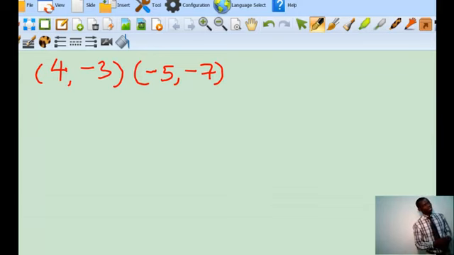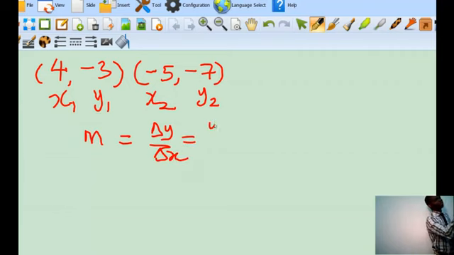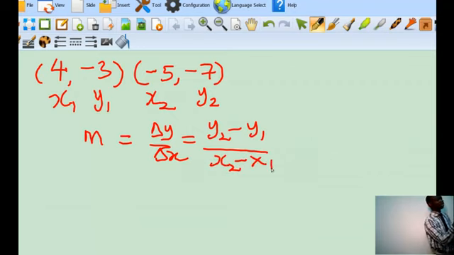So let's see how we can obtain the angle which this line makes with the horizontal, which is the x-axis. As we did in the former problem, 4 will be the x1, this will be the y1, this will be the x2 and the y2. Applying our formula, which is change in y over change in x, you can obtain your gradient to be y2 minus y1, that is minus 7